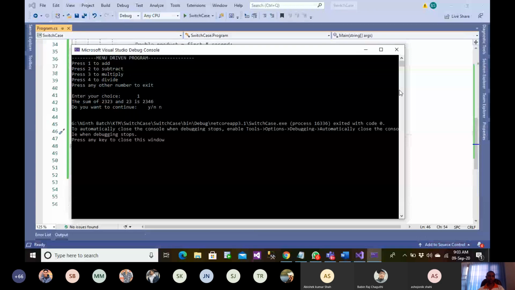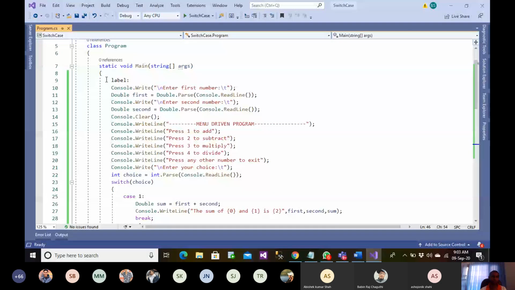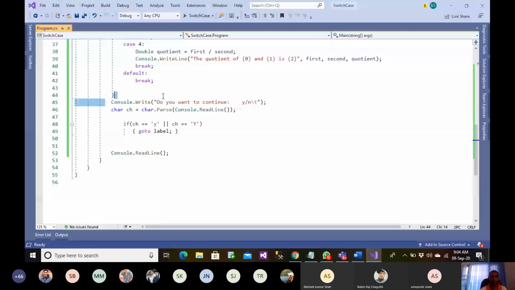Okay. So this way you could also make it more dynamic. I just use a label here, and I use a go to statement. I define this label as a jumping point, so my program should restart from this point if a user wants to execute this code again. Once I'm done with the loops and the switch case, I'm asking him again if he wants to continue.